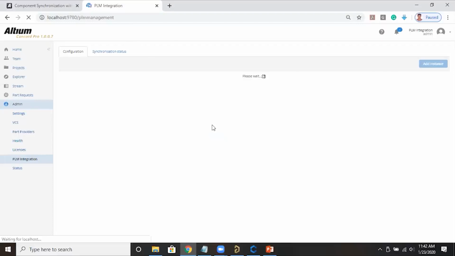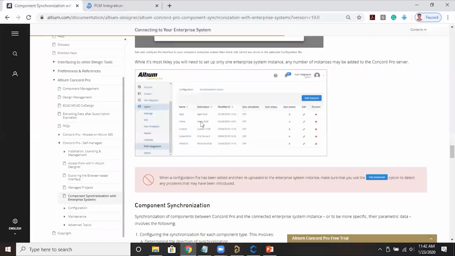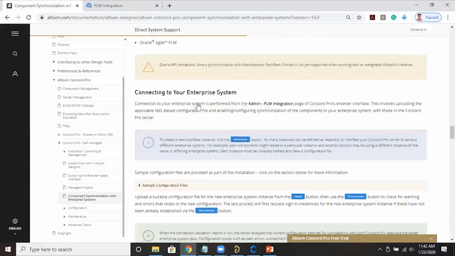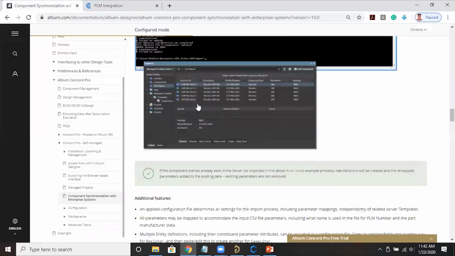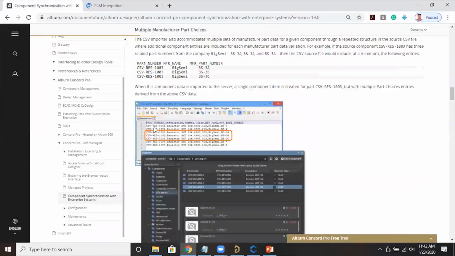There are some configurations once you configure with your PLM, so we can define some timings, like every 30 minutes or 20 minutes the database should be updated as per the ERP, as per the Agile, like that. So it will get updated, and we can see the status within Altium Designer. We can see the library, database library. Just take name, I'll show you. Okay, yeah, like this. I'll show this document. Okay, once it is open, I'll show there also.